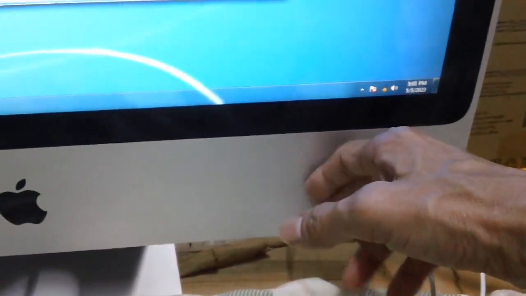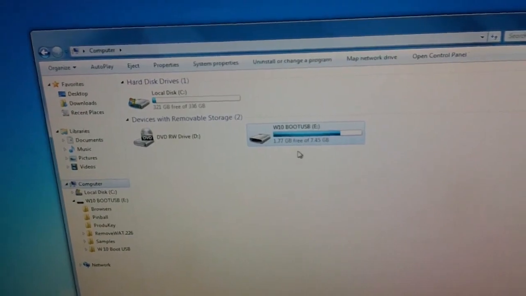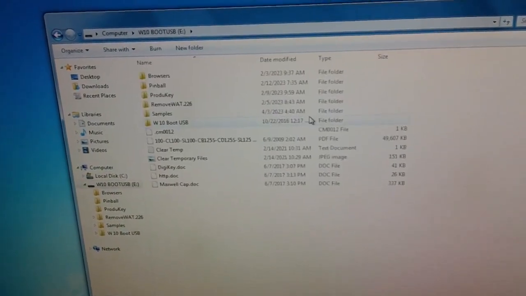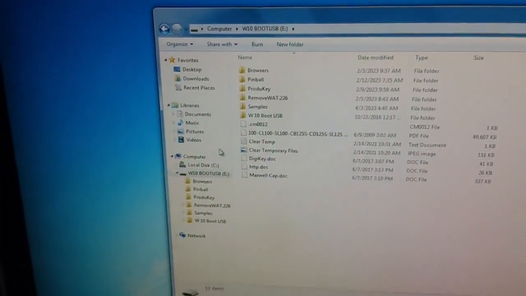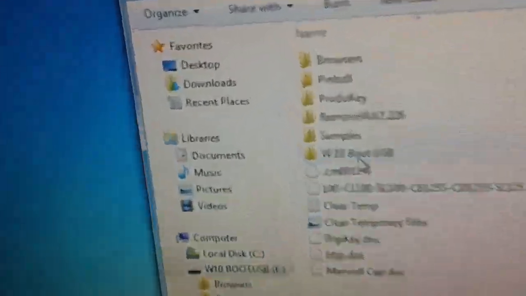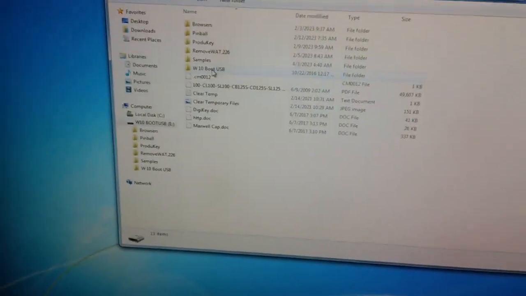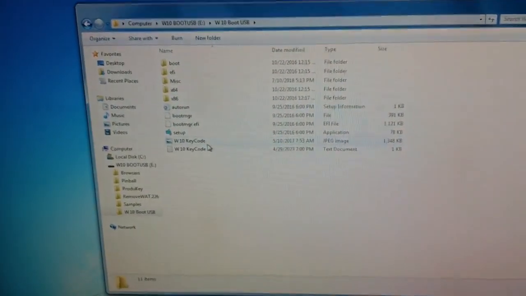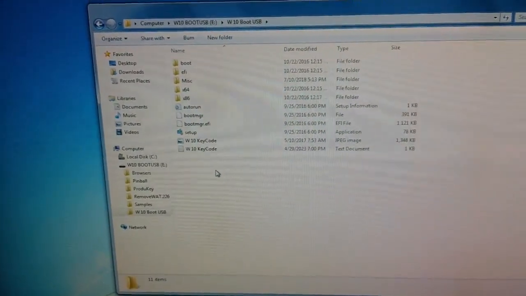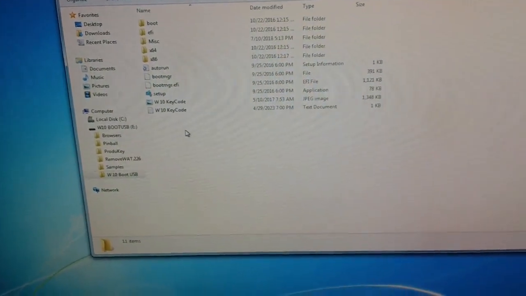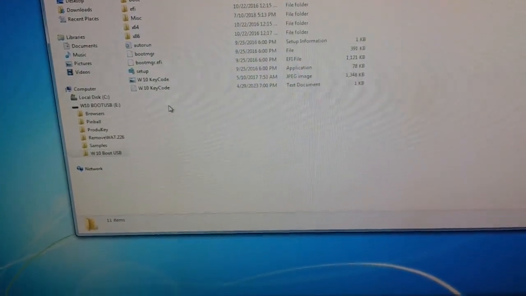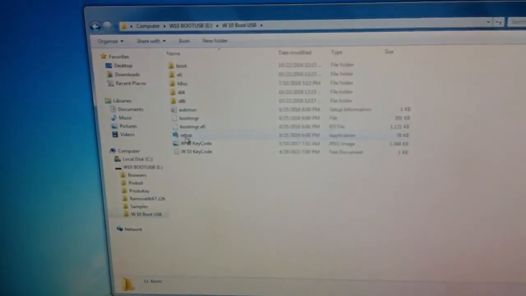I've got a USB flash drive plugged in at the back there with Windows 10, and I'm gonna see if I could do it from the USB flash drive. So go to setup,